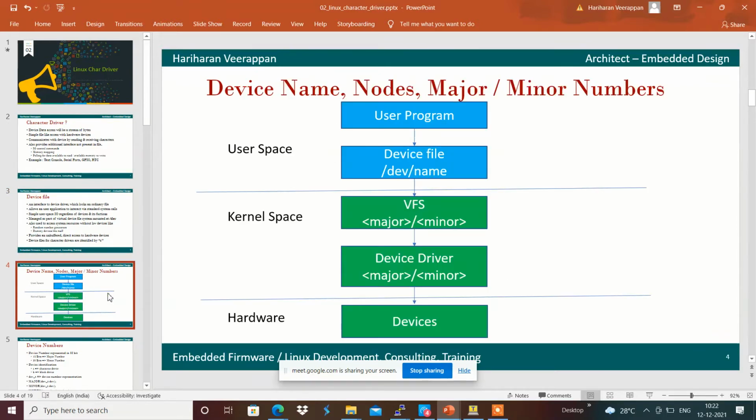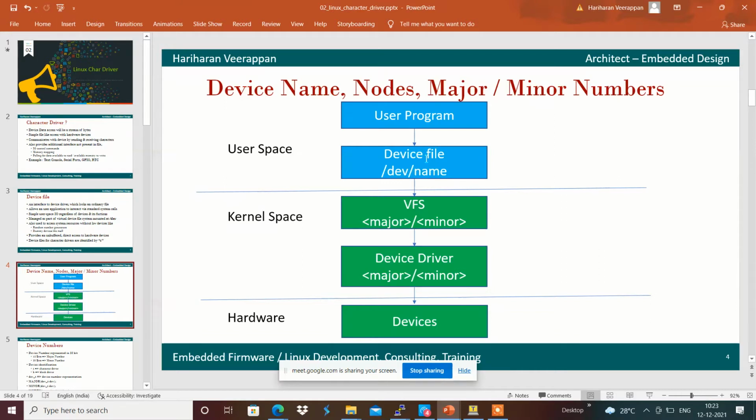Here, a user program will open the device file as a normal file and use it as the device file, and it can send data to it. Inside the kernel space there is a virtual file system which has the major and minor number that gets linked to the respective device driver or kernel module present in the kernel space.